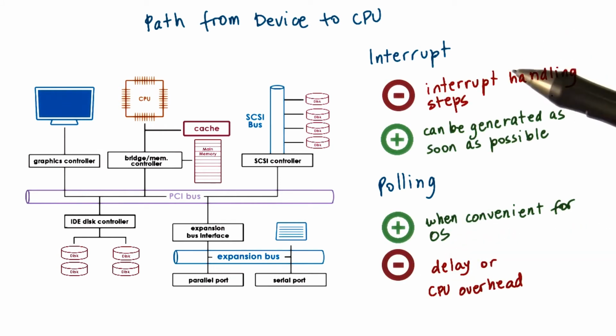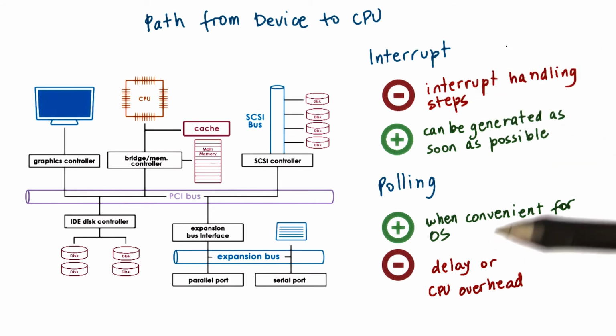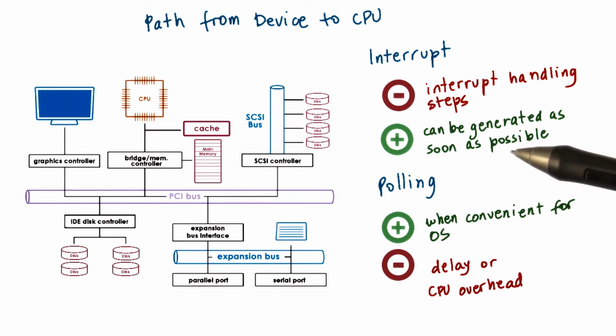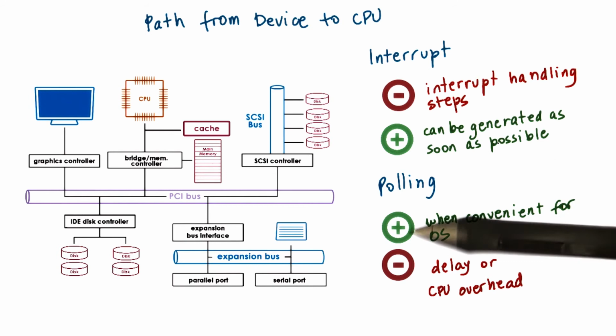With interrupts, the problem is due to the handling of the interrupt routine, the interrupt handler. There are the actual steps involved in the handling of the interrupt routine. There are certain operations like setting and resetting the interrupt mask, depending on what kinds of interrupts are allowed to interrupt the interrupt handling routine or not, and also some indirect effects due to cache pollution that's related to the execution of this handler. So all of these are overheads, but on the flip side, it is possible to trigger an interrupt as soon as the device has something to do, some kind of notification, some kind of data for the CPU.